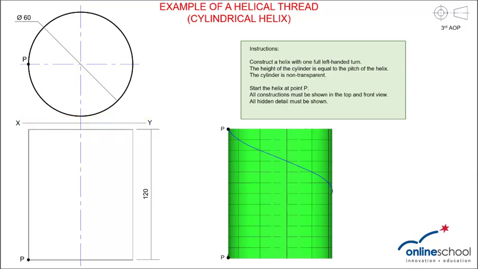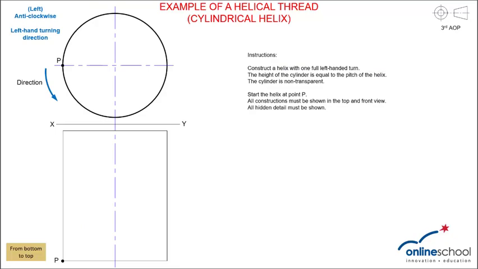And then we will measure off the 120 millimeters from the top to the bottom of our front view, and we will then just draw the width of the sides of our cylinder, which will be 30 millimeters to the left and 30 millimeters to the right of the center line. And then we will indicate the starting point P at the bottom left hand corner on the base of our cylinder. We indicate the direction by drawing an arrow with our compass at the top view,